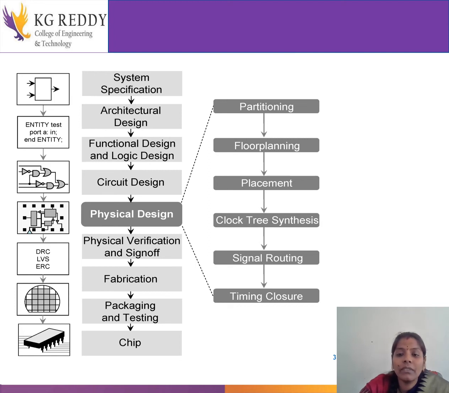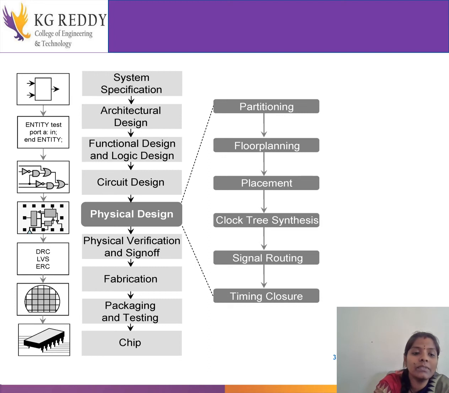And then for the clock tree synthesis we introduce some registers or buffers, checking whether even after adding all these buffers and registers, the clock delay whatever we are providing is working properly. Then the signal routing, where we have global as well as detail routing, and we mostly use detail routing, and then we include some timing closures.